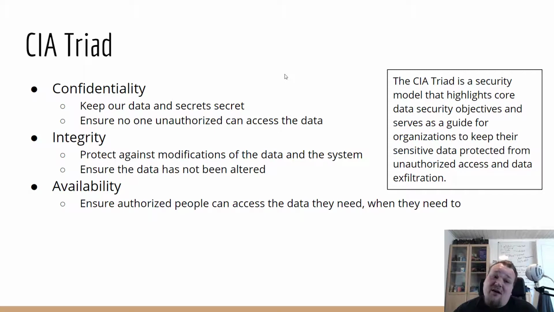That is about the access part. The integrity is to protect against modification of the data and the system, and ensure the data has not been altered. So basically, confidentiality is all about whether to give access or not, and integrity is about making sure that those who already have access, or maybe do not have access, cannot do something with the data or in some way alter it.